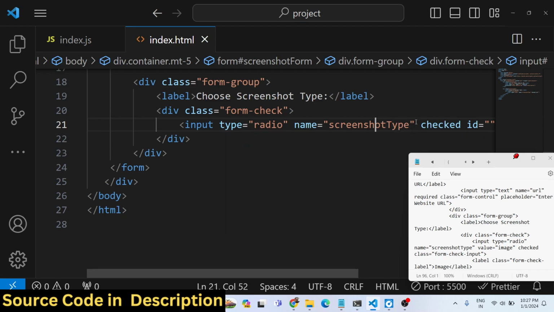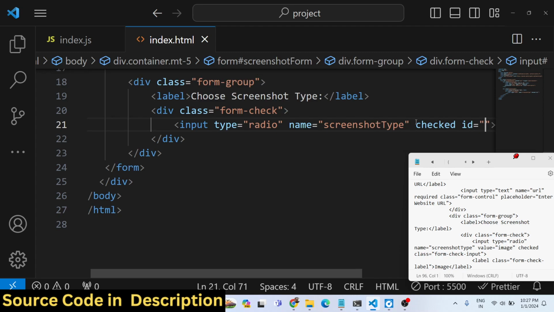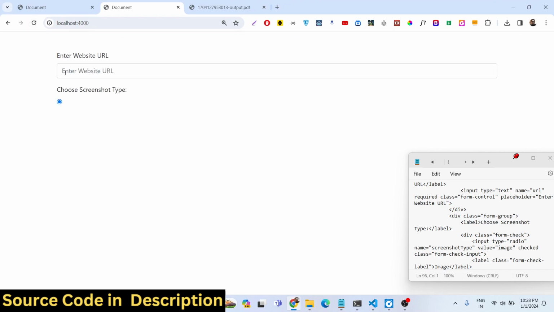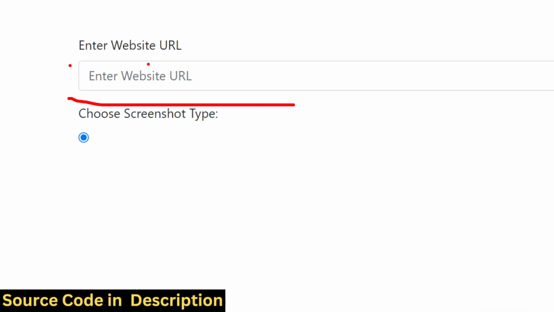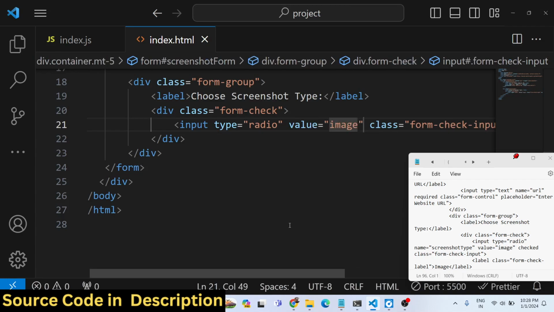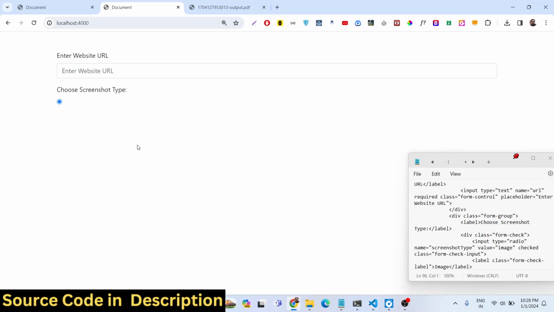So the default option will be checked. In order to do this, we need to give it a bootstrap class, which is form check input. If you just see, guys, the interface is building. If we refresh it, you will see there is an input field out there. There is this label. We have this radio field right here. One option is there, and you can put a value here of image. So this value will be shown here. If you refresh it,